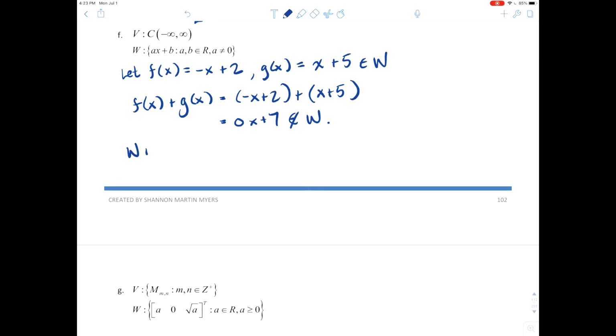So W is not a subspace of V, since W is not closed under